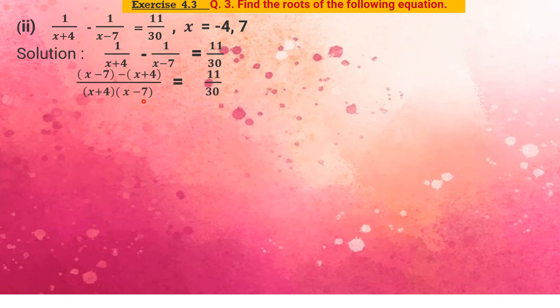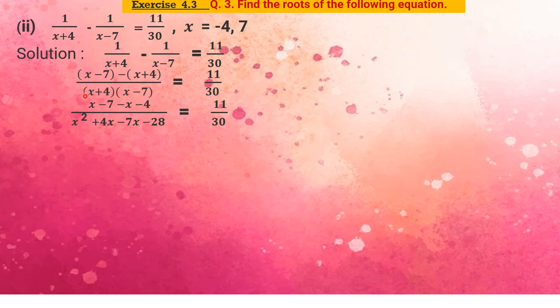Then this LCM divided by x plus 4, the denominator of the first quantity, gives x minus 7. So 1 into x minus 7 is x minus 7. Then again LCM divided by x minus 7: this x minus 7 divides the x minus 7 but does not divide x plus 4, so x plus 4 is multiplied by 1. So we get (x minus 7 minus x plus 4) upon (x plus 4) into (x minus 7) is equal to 11 upon 30. Open the brackets: x minus 7 minus x minus 4 upon